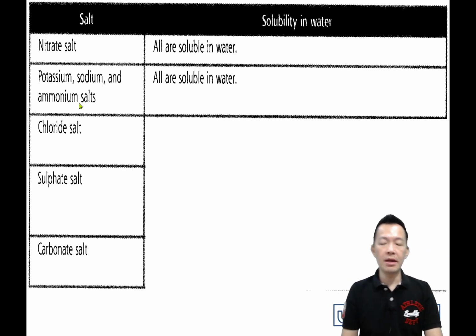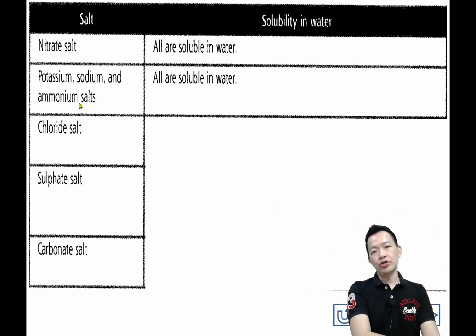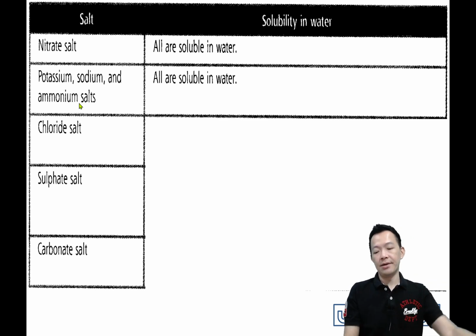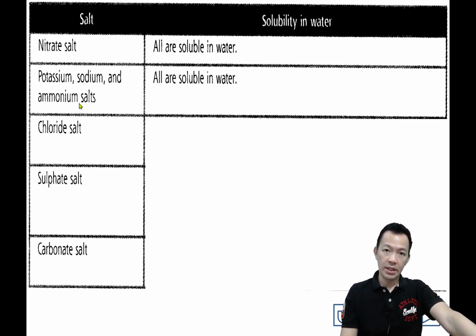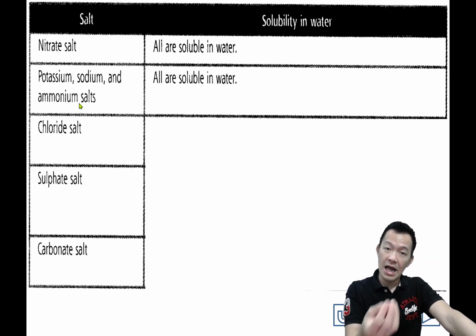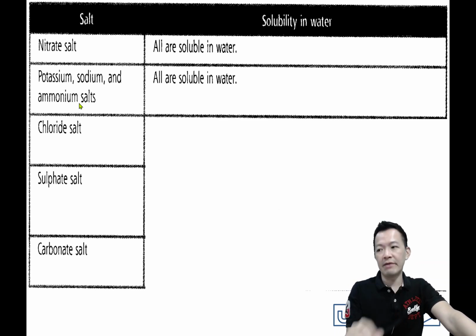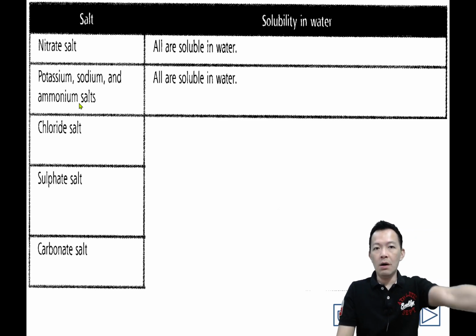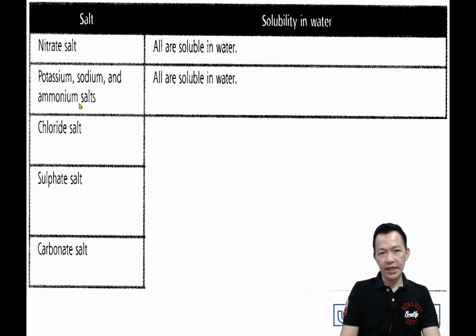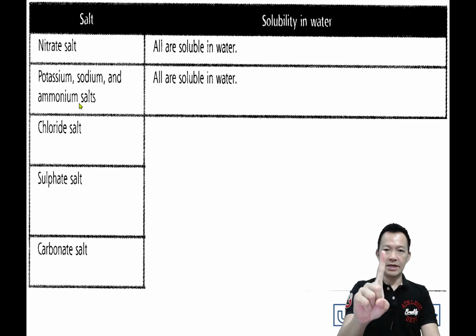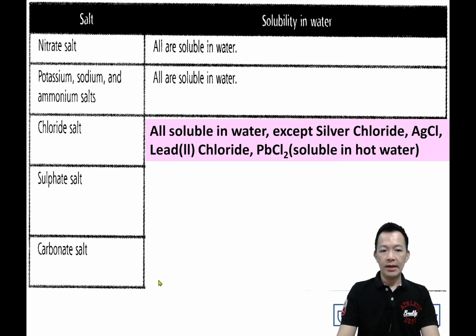Okay. Next, chloride. Okay. Most of the chloride they are soluble. Chloride 的盐大致上是能溶的 except some of the examples. And the examples will make you difficult 啦 except some of the examples, and the exceptions 那些例外啊就是你要背的原因啦 Okay. So all chloride salt they are soluble in water. Chloride all soluble in water except silver chloride, lead chloride 这两个 except silver chloride, okay, and lead chloride 这两种盐不能溶解在水。